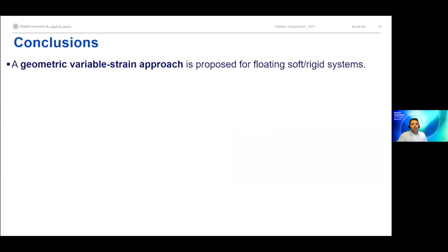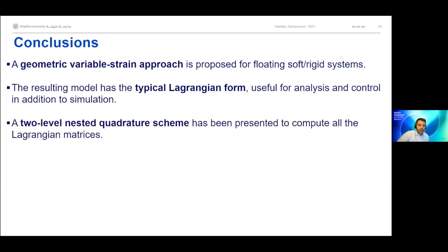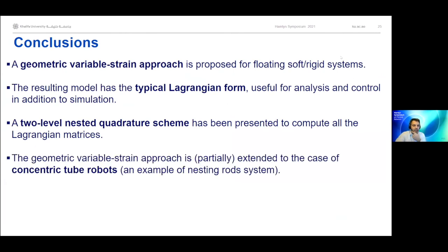Okay, so in conclusion, I've presented a geometric variable strain approach for floating soft rigid systems. The resulting model has a typical Lagrangian form, which is useful for analysis, control, and also simulation. We propose a two-level nested quadrature scheme to compute the Lagrangian metrics of the model, and we also start extending